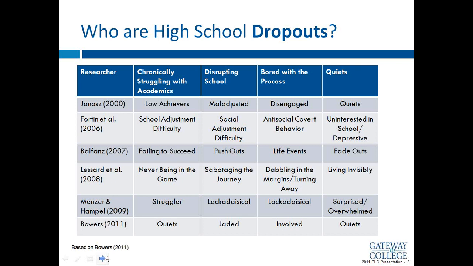I have a question about the Minzer and Hampel study. You said that they specifically looked at high school seniors. I wonder, just from your perspective, if there's any drawbacks or benefits for just focusing on a singular group.